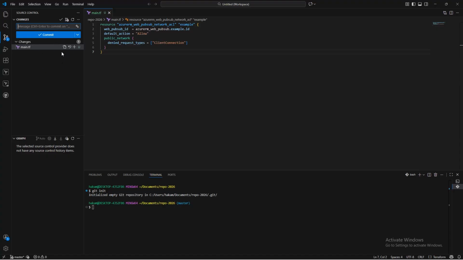So I can now do and manage version control here. So I've made some changes, I'm going to stage it. Okay, and what I'm going to do is just add a comment here. So, new